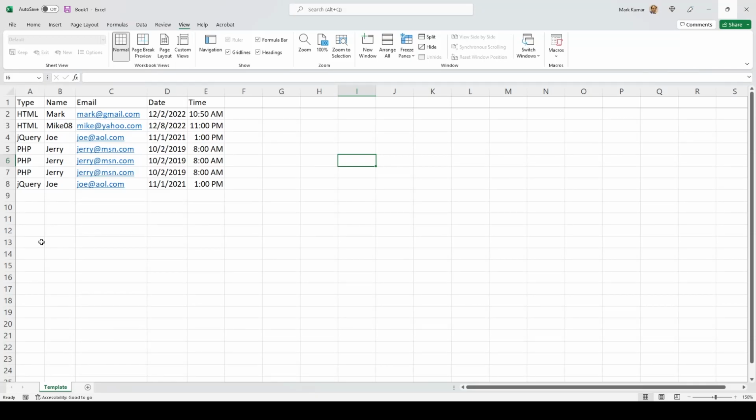Would you like to learn how to dynamically create sheets in Excel based on your template? So, for example, let's say you have this data, and for your column A, every time there is a field or a text, you want to create a sheet and then take this row and put it into that